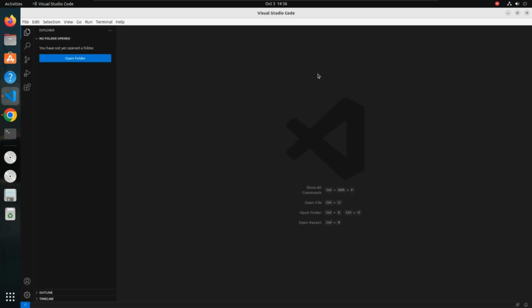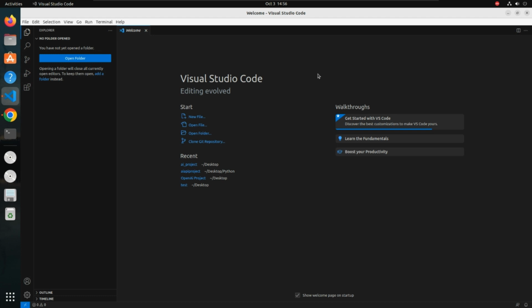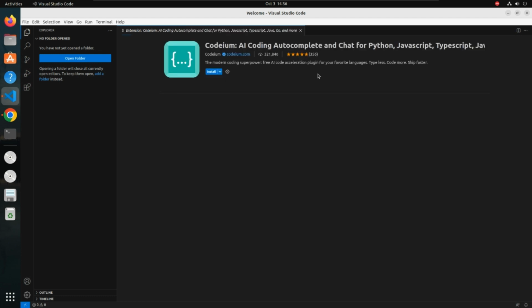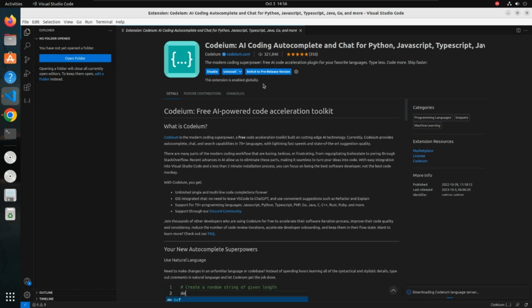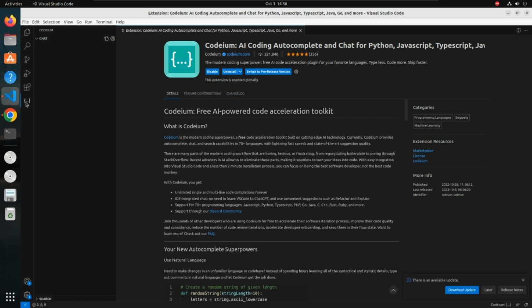This will open our Visual Studio Code IDE automatically, and it will automatically land you on that extension. All you have to do is wait. So currently it got me on that extension, so all I need to do is click on install. It will take some time. Okay, so this extension got installed right now. Now this is the icon we'll get once we install this extension. So I'll click on Codeium,